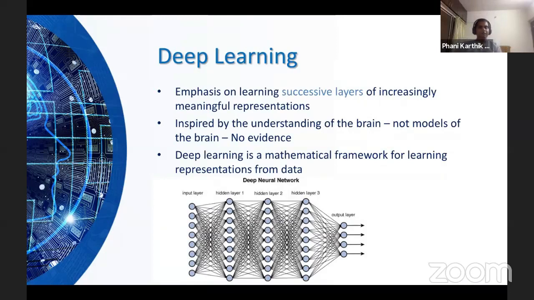Or sometimes it's not so easy, and it turns out that most of the time deep learning works more efficiently, where for me to come to a particular kind of transformation, I might have to go through some successive layers of increasingly meaningful representation. Meaning every layer is meaningful in itself. It is creating some representation based on which some learning is happening, and then it is getting transformed into the next representation. Some other learning is happening, and based on that, it is transforming into some other representation. And these could be multiple layers. The models generally have layers beyond hundreds, right? So that's why it requires huge computation.